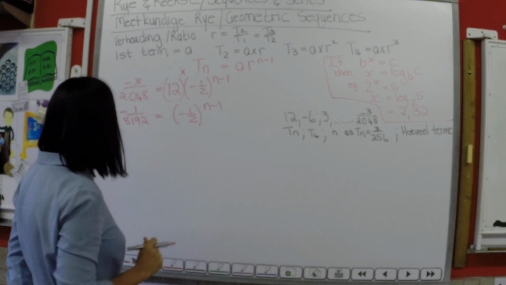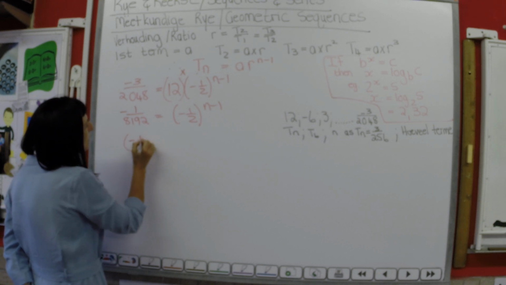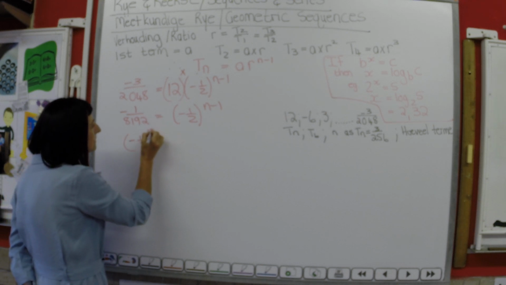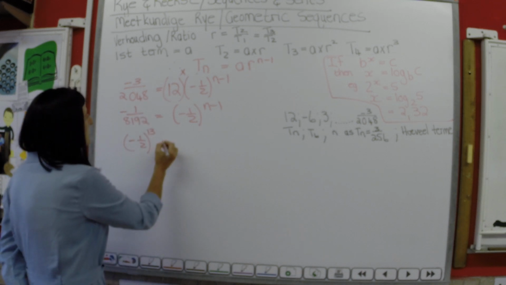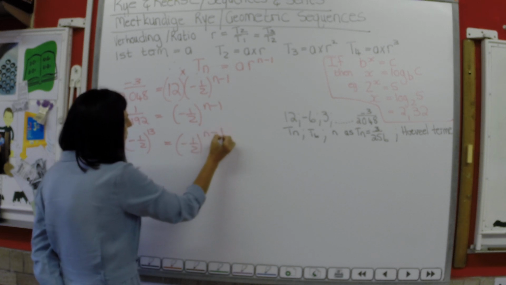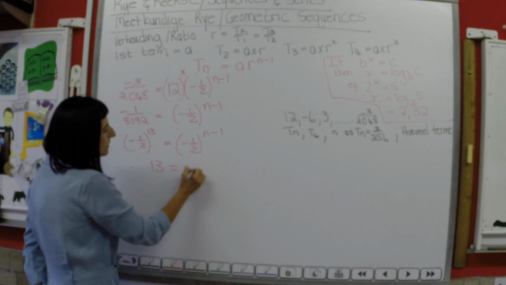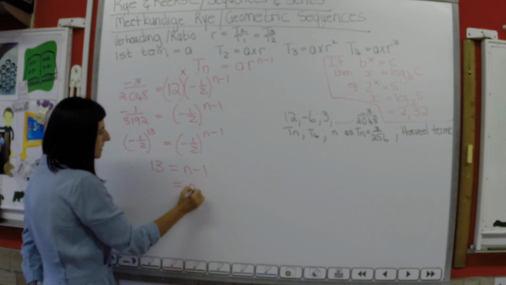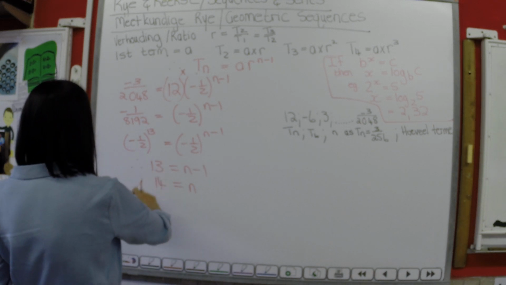En as ek so speel op my sakrekenaar, dan sien ek minus 'n half tot die mag 13 geef my minus 1 op 8192. So now I've got bases the same, therefore powers must be the same, en daarom kan ek dan vir n bereken, daarom is n gelyk aan 14. So in my 14de posisie